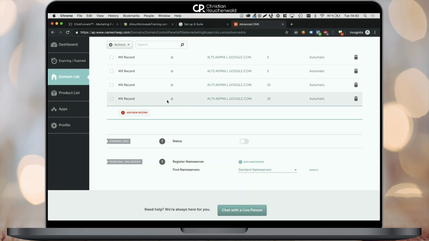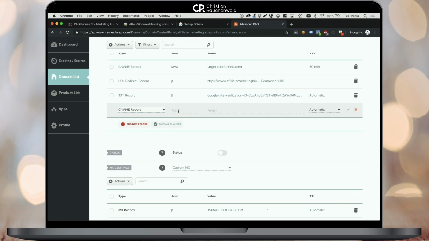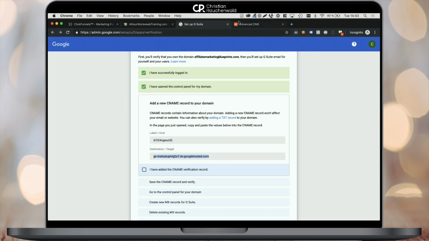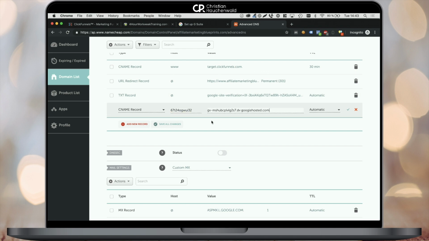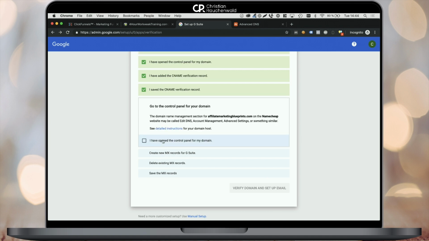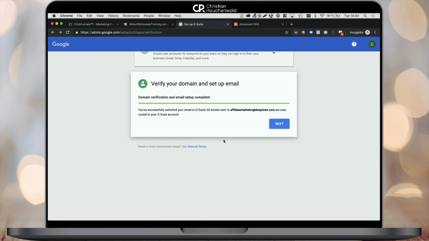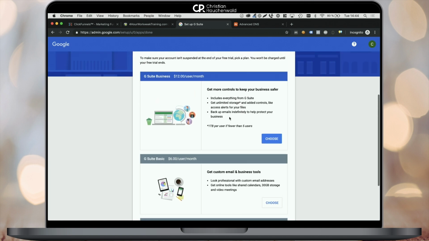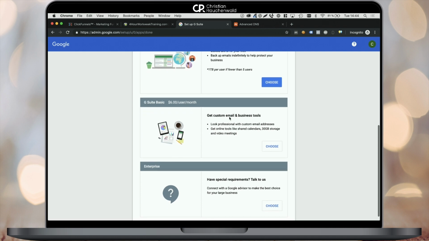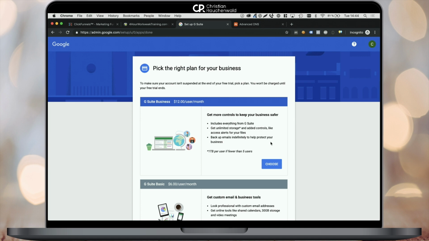So you pretty much walk through the same steps again. You copy the host value from the Google Suite setup page and go to your Namecheap DNS management, add a new CNAME record, enter the host and the target destination from the Google Suite setup page, save all your changes, confirm that you created and saved your changes, and let Google again run through the verification process, which should now succeed. Once that's done, Google is going to show us again the available plans, and we simply can pick our basic plan again. Google will show us kind of an error because we are already on the basic plan, but that's perfectly fine. Now, congratulations, you've set up your Google Suite account and you've created your mailbox, and the only